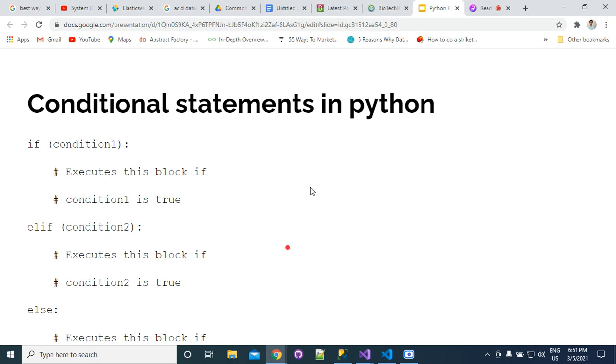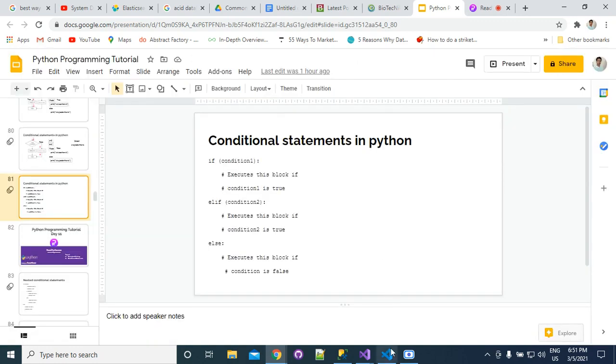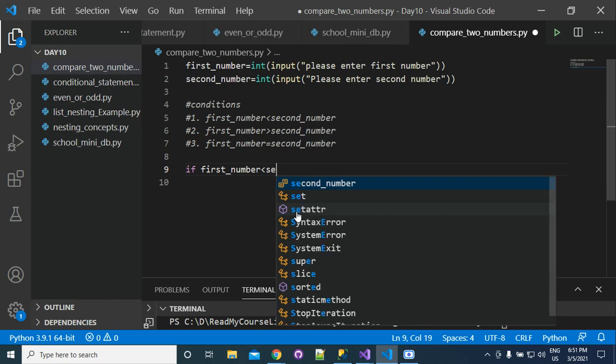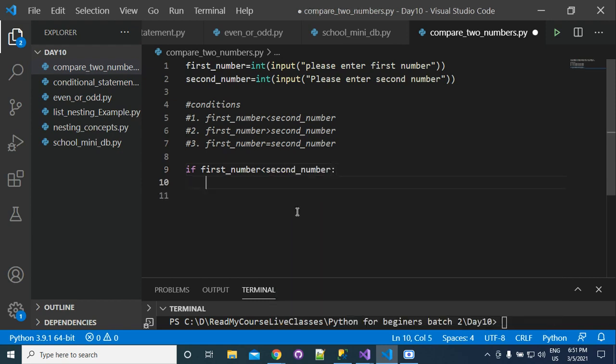Now you can see that. We will write here if first number less than second number, then print: first number is less than second number.